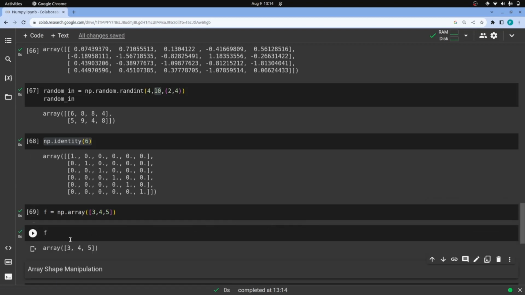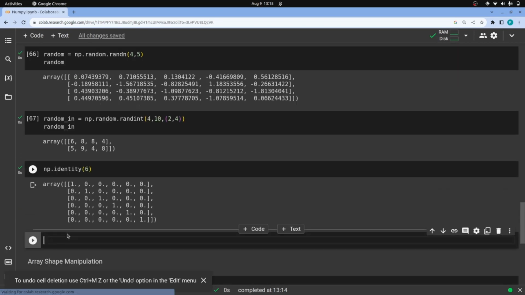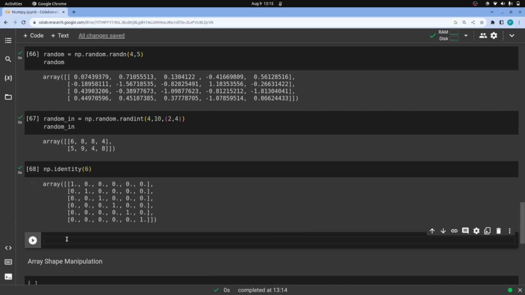So you are familiar with that, I know. So, single dimension array. How can we repeat this array? For example, if we want to repeat this array 3 times, what can we do? To do that, there is a function in NumPy with the help of which we can repeat our